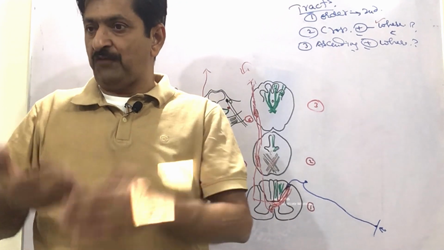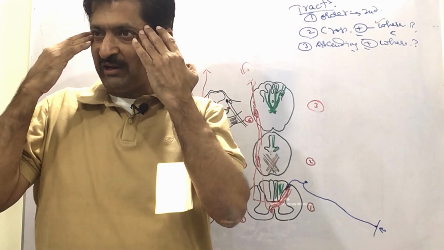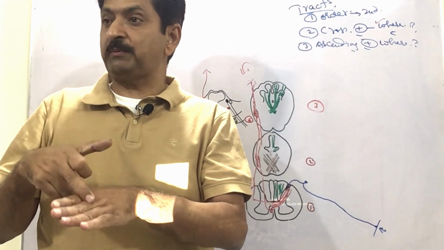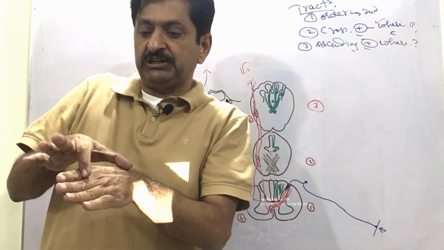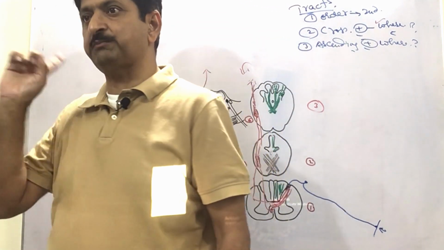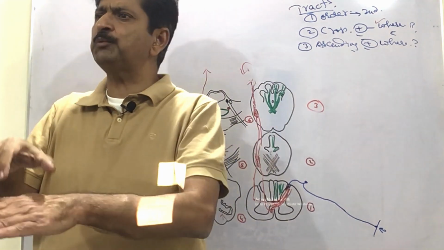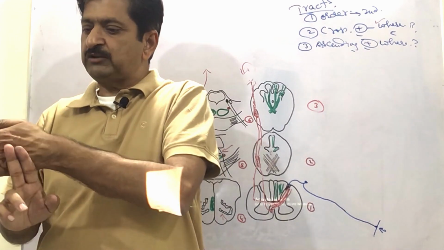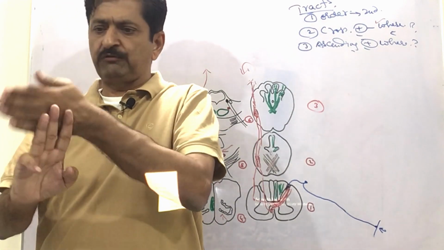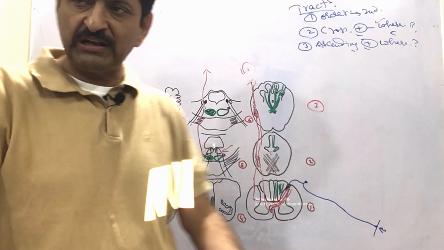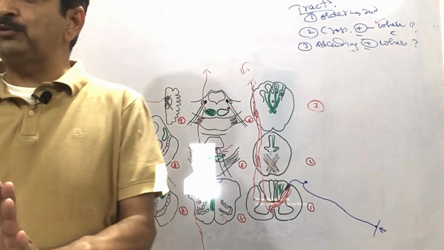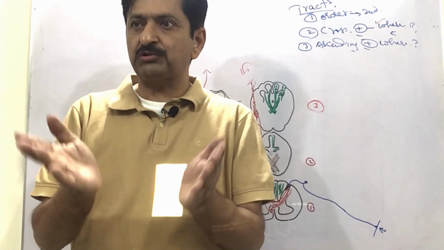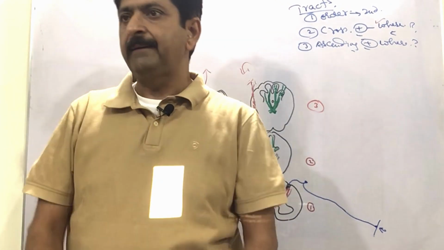Which motor? In the genu the motor was the corticonuclear, and then the motor was corticospinal for the upper limb, corticospinal for the trunk, corticospinal for the lower limb. And then the most posterior 1/3 of the posterior limb of the internal capsule was present here. Why was it present in the posterior 1/3? Because our sensory area is lying in the parietal zone. So this will go into the parietal zone in the form of radiation. The same order of neuron will be there. This is the same third order neuron, but its name will now become, according to the shape, corona radiata.